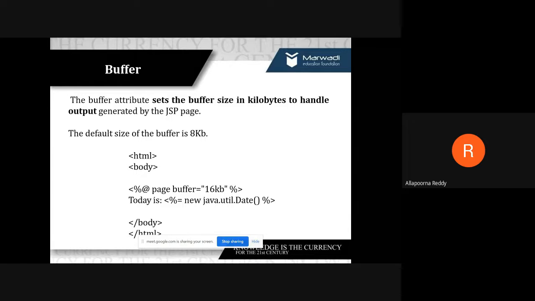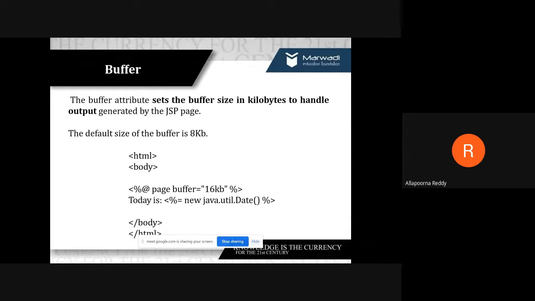Now the third is buffer. Where the buffer point actually comes in is whenever you are creating a response object, that is, the output object which you are giving to your client. At that time, when you are creating the response object, it is required to set some size for its storage, where all this is going to be stored in memory. We call it a buffer, like temporary memory, right? Because when it is utilized, the buffer will be there. When it is destroyed, the buffer will not be allocated to it.